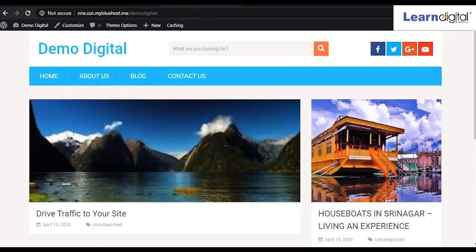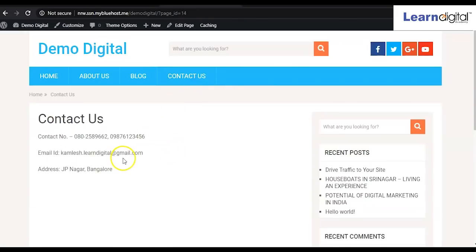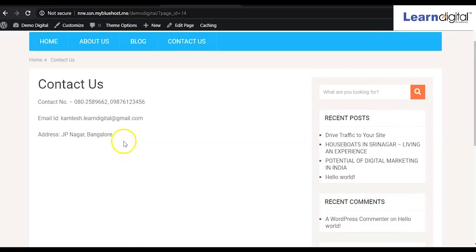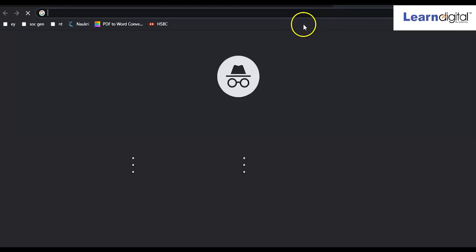Now go to your contact us page. So here the contact is coming. Now we want to add a location. So we want to show the location of our place. Simply we can add location. I mean we can show Google Map over here on this page. So what we'll be doing, we'll go to Google Map.